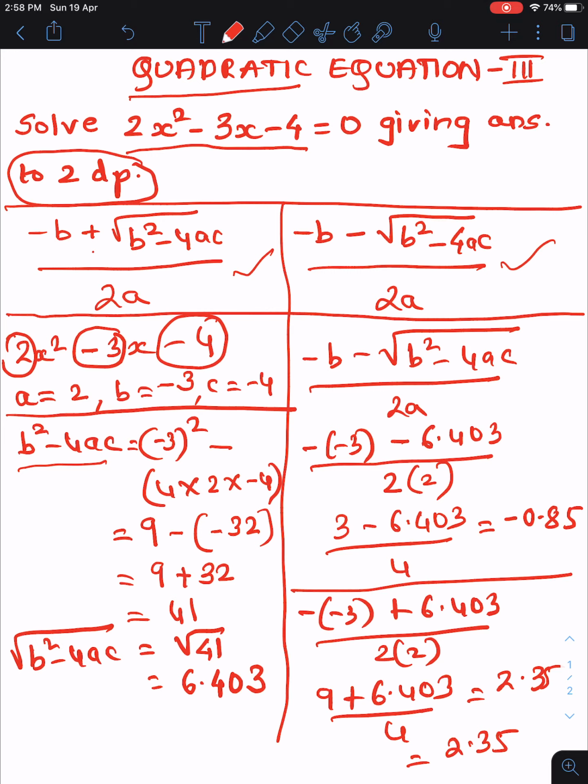Now here is the biggest hint I will tell you, my dear student. If your b square minus 4ac value is negative, that means your step is wrong. B square minus 4ac can never be negative here because we cannot find the root of any negative number. So remember this hint, that b square minus 4ac should always be a positive number. If it's a positive number, then find its root, 6.403, apply the formula, get the first value, get the second value. So this was our